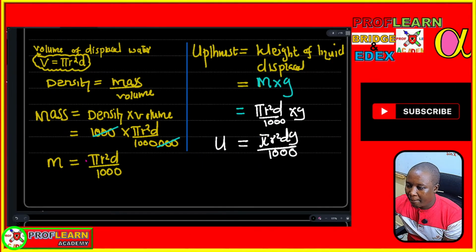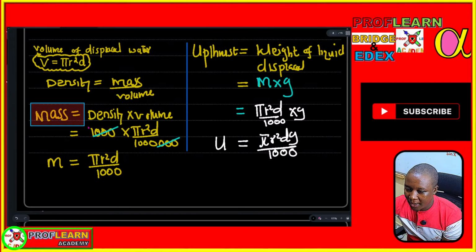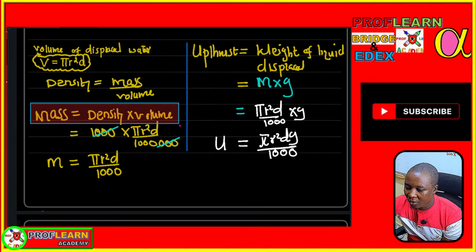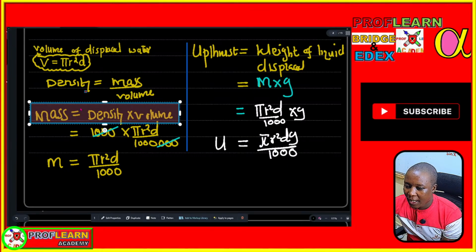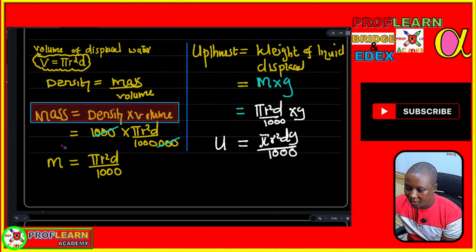The density of water is given by the formula density is equal to mass over volume, but we want to know the mass of water displaced. In that case, we are going to say mass is equal to density times volume. Already we have the volume here, and we have the density as 1 gram per centimeter cubic, and then we can now convert my values to